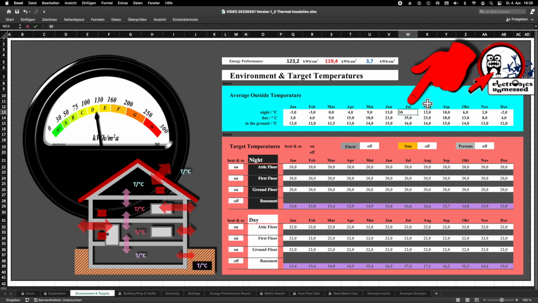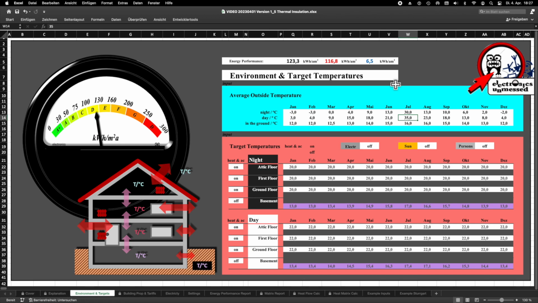It's hard to believe, but that's actually sometimes the case in Germany. And yes, during that time air conditioning would be desirable. But 98% of the time we just wouldn't need it. In Germany, air conditioning is almost only worthwhile for the attic floor.